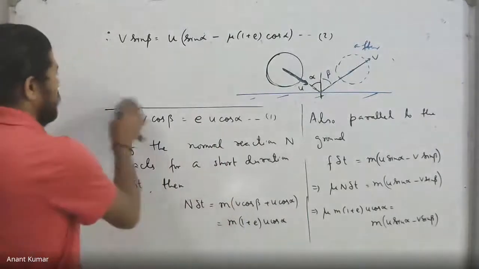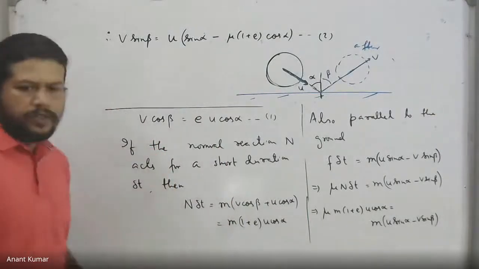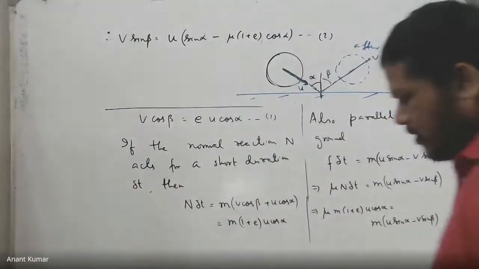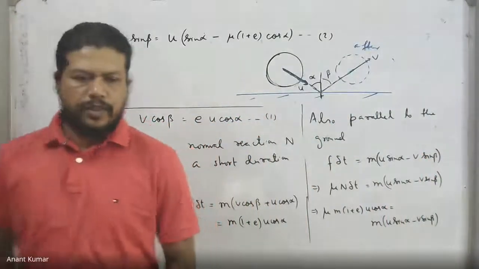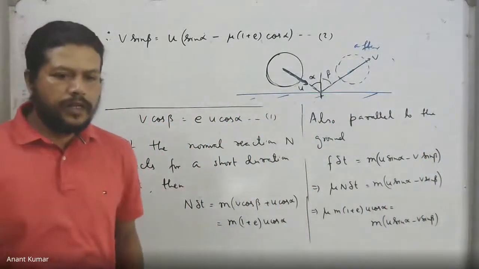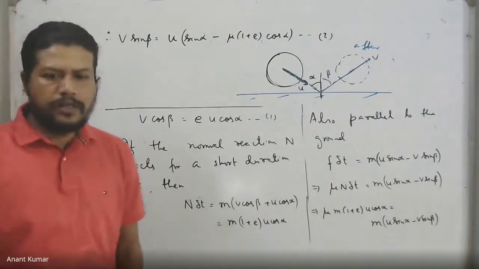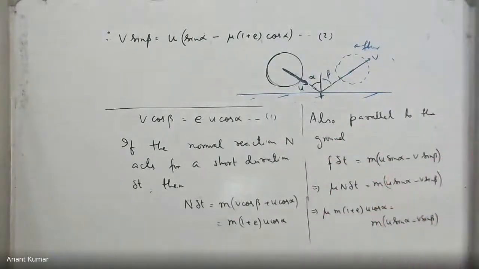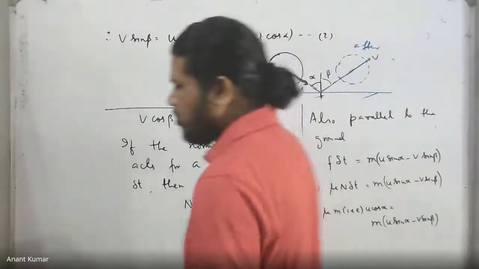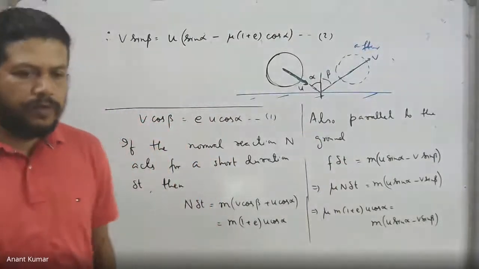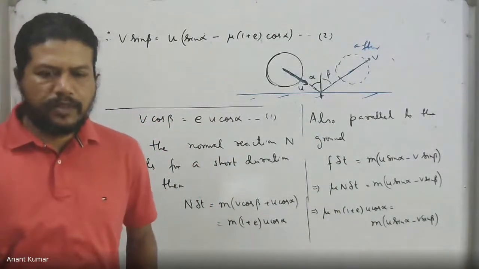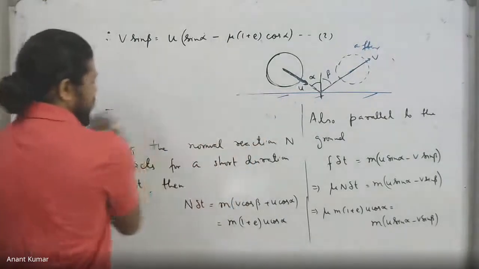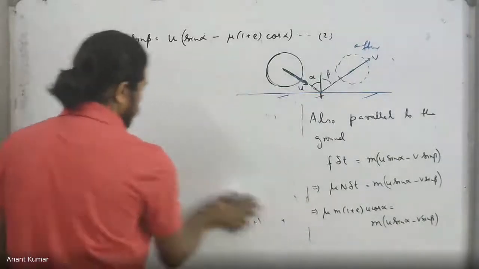For people who are still joining, we have been dealing with oblique collisions. For such an oblique collision, the usual strategy is to break the motion in two directions: one is the direction of the line joining centers, the other perpendicular to that. If they're point particles, then the only collision that can happen is the head-on collision. But for non-point objects, you might have something which is non-head-on, which is called an oblique case. The general strategy remains to break the motion into parts.